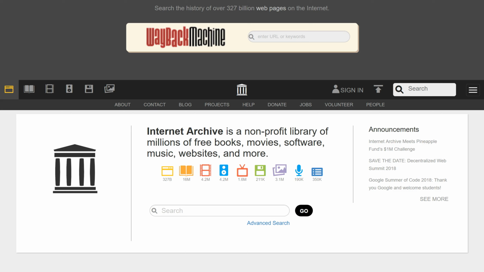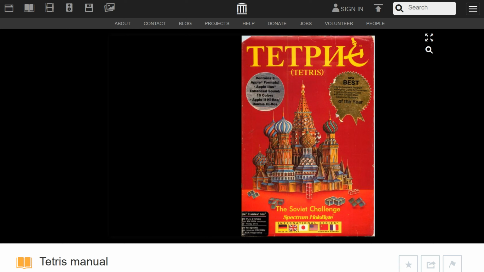And they also have actual software that you can run right in an emulator. As you see here, 211,000 pieces of software are available. So let's now look to a specific object. I already searched this and brought it up, and this is the